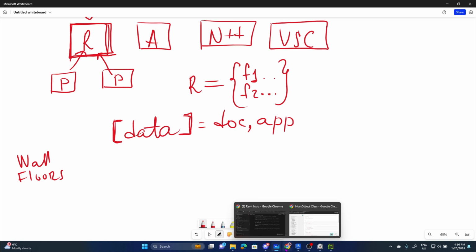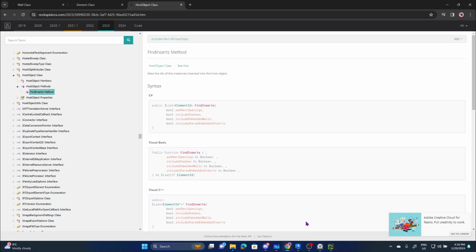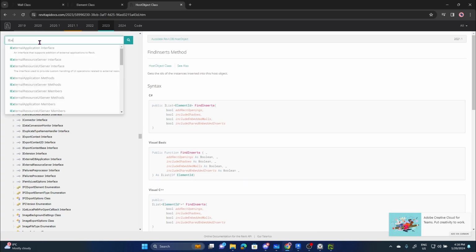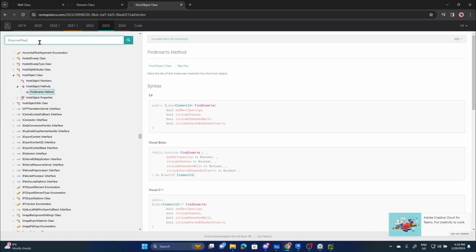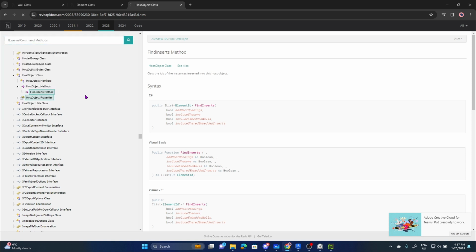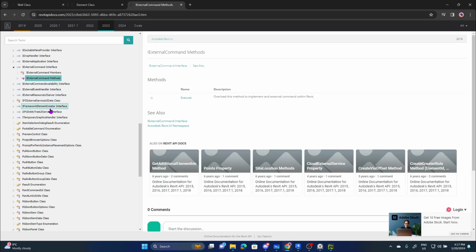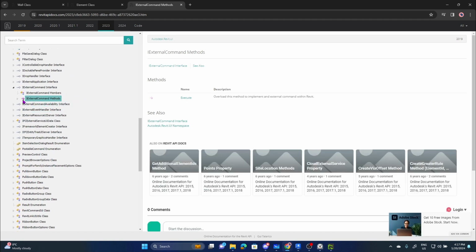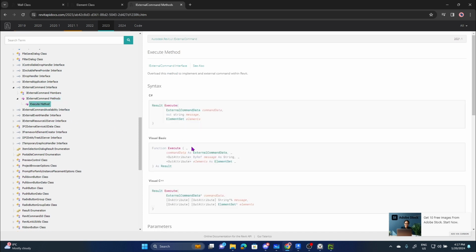So let's see how a very simple command can be built within Revit. There's a thing called an interface. For the time being, we're not gonna worry about the external command, or terms like interfaces and so on and so forth. But the main idea is that it's a contract. That's what you need to understand. Think of it this way: Revit tells us that if you implement this contract, if you actually put the logic in here,